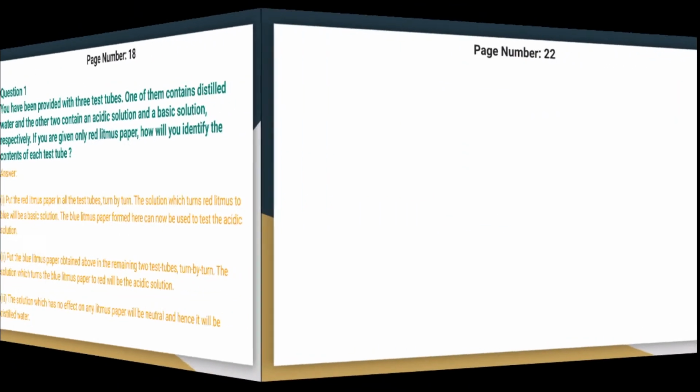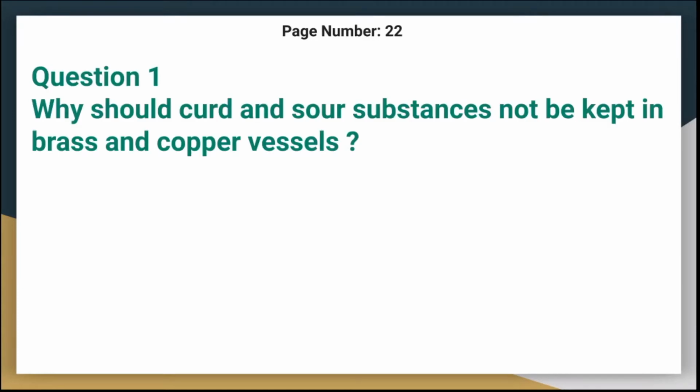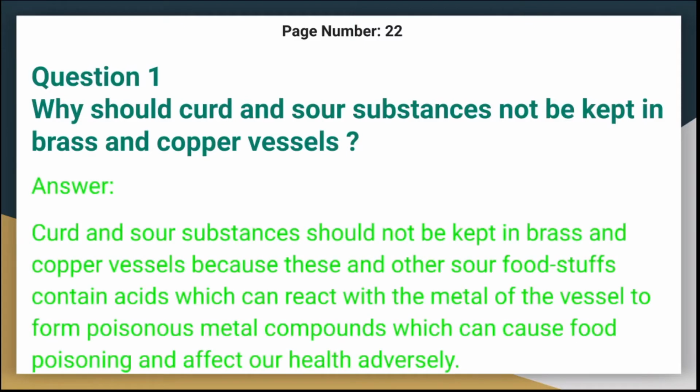Let's move on to the next question. It is from page number 22. Why should curd and sour substances not be kept in brass and copper vessels? Answer is, curd and sour substances should not be kept in brass and copper vessels because these and other sour